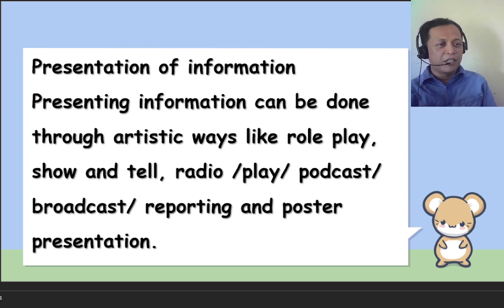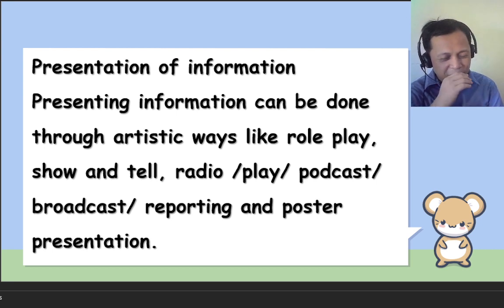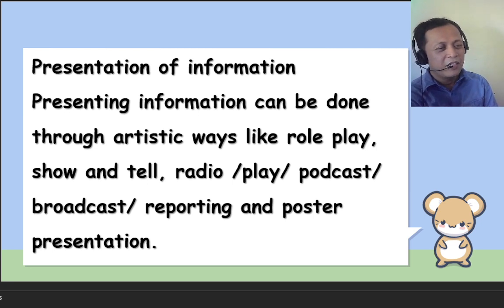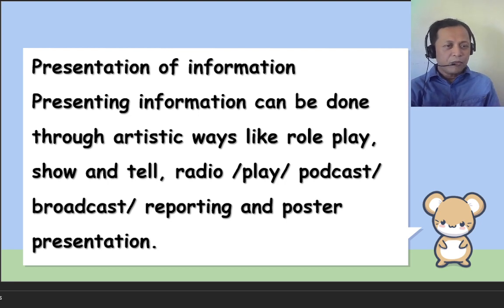let us please keep in mind that presenting information can be through artistic ways like role play, show and tell, radio play, podcast and broadcast reporting, and poster presentation. Before we have done the role play, the show and tell, no, the radio. If you will be interested in radio broadcast or in podcast, no, later in your